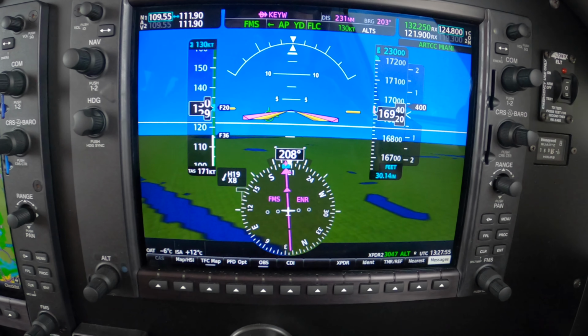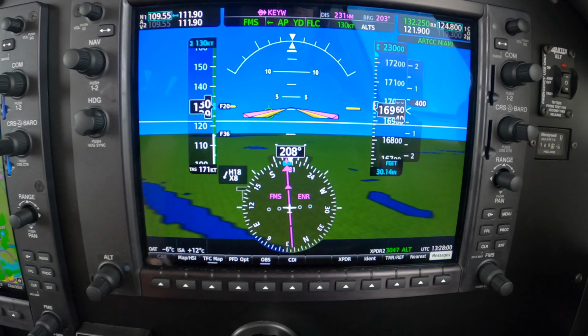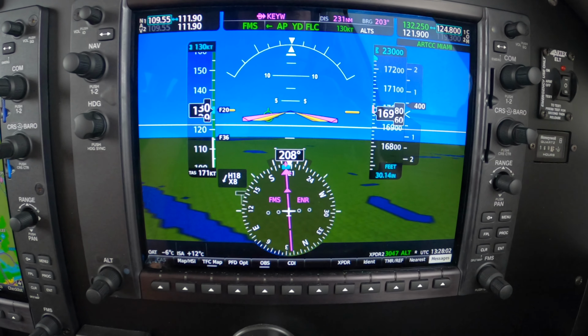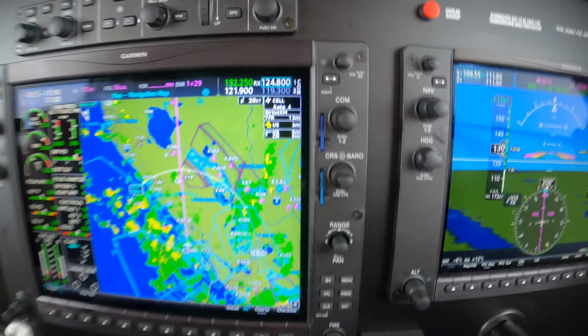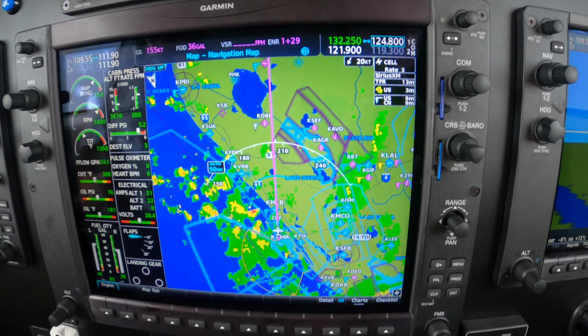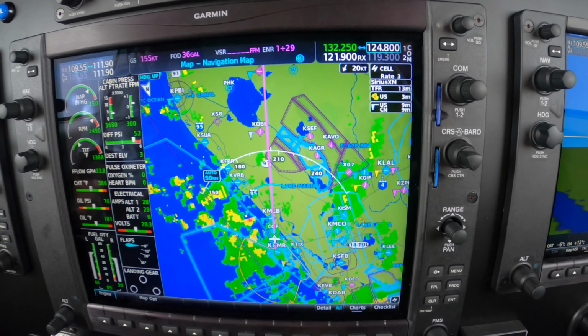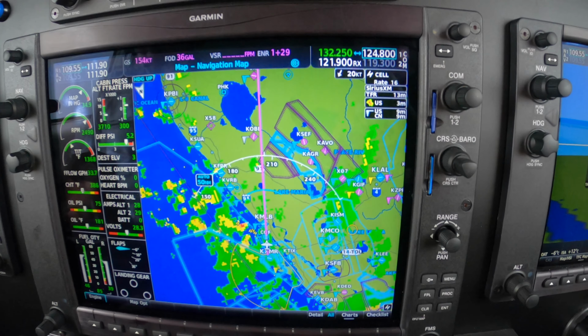And now ForeFlight has an excellent product on the map, which includes icing and turbulence, whereby you can go to the profile view and see all that. Clearly we have some moisture, excuse the pun, in the area, and so we expected some light ice,